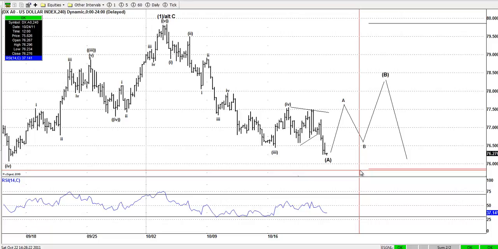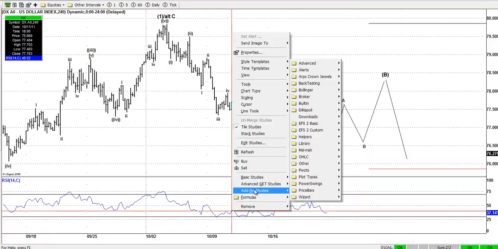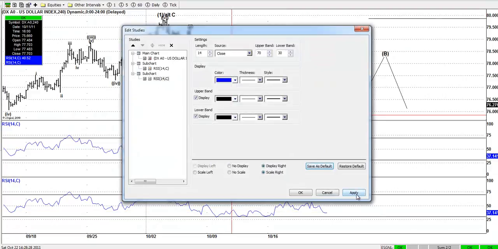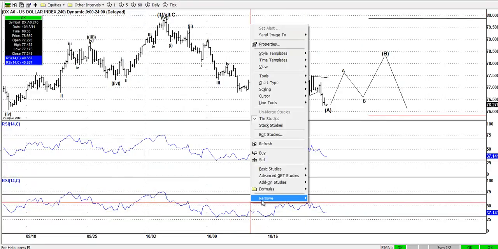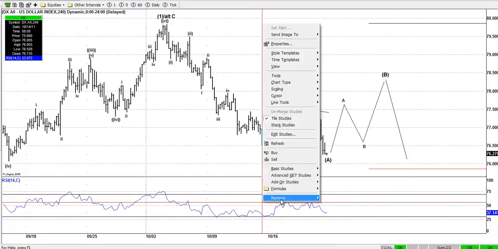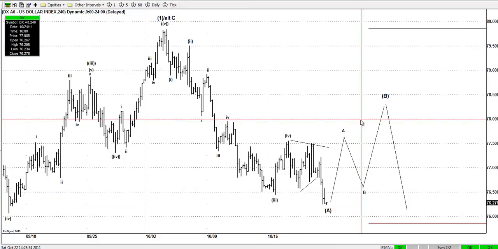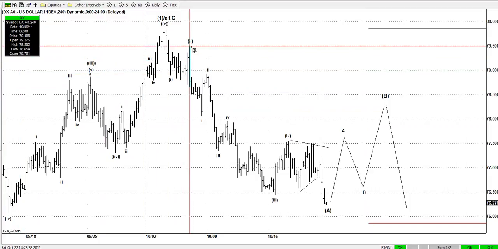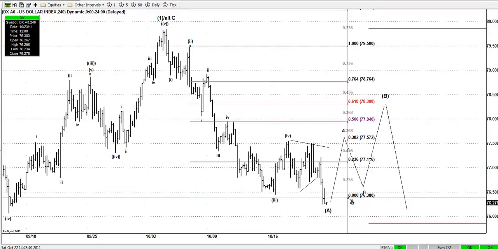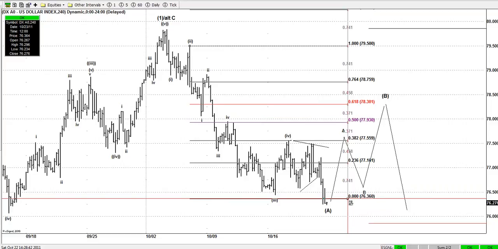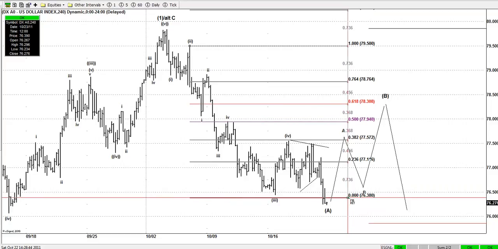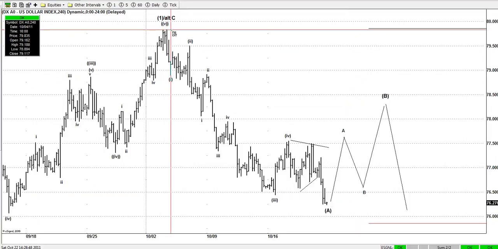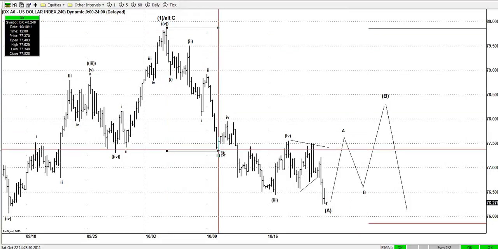Now, let's play a little bit. Let's take the RSI down, so that you guys know where we are. Let's take the RSI off, one second, and go with the Fibos. Now, if you take a look at the Fibos, from here, this is the 38.02 area. If you take a look, the extension right here of 1,